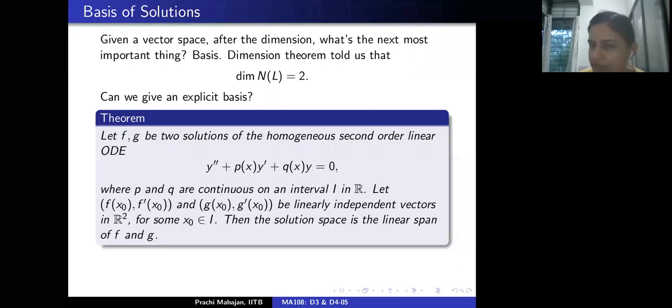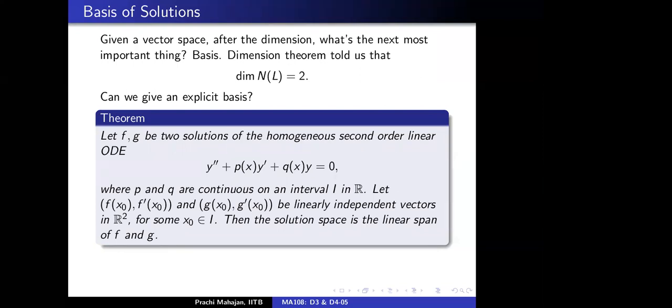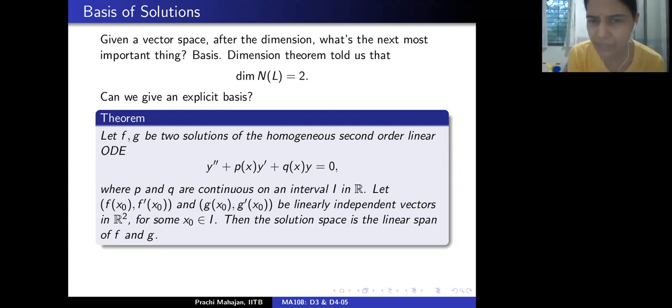See, what is it you want to say? g(x0) is a scalar multiple of f(x0). Then that is the only case in which these two can be linearly dependent vectors. Why is that the case? Because if two vectors are linearly dependent, those two vectors are scalar multiples of each other. Correct. So we are considering vectors in R2, right? These are vectors in R2.